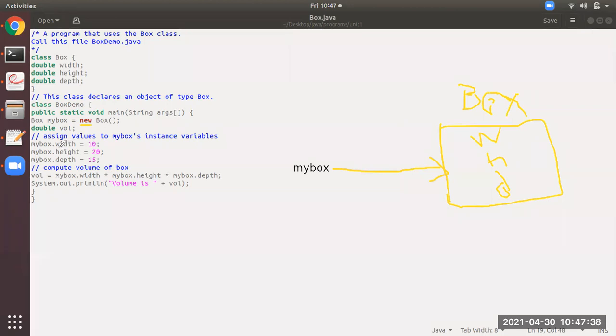Now then, you see there is one variable width. So mybox, the object which is associated with the variable width, this will be assigned 10. Similarly, height in the memory of Box will be assigned 20, and depth will be assigned 50. This one and this one.